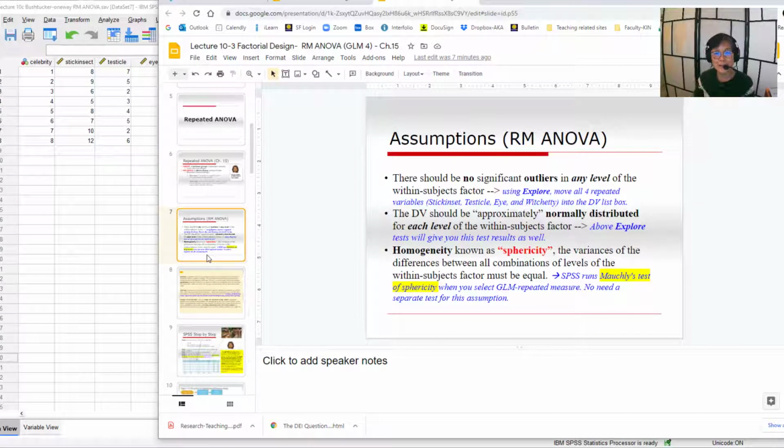Let's just go straight to the repeated measure ANOVA assumption tests first. Number 1, there should be no significant outliers in any level of the within subject factors. Number 2, normality, each level, again. Approximate normality is fine, like we learned through other ANOVA analysis. And the last one is homogeneity. It's not the same homogeneity that we have learned. It's another new concept in repeated measure. It is called